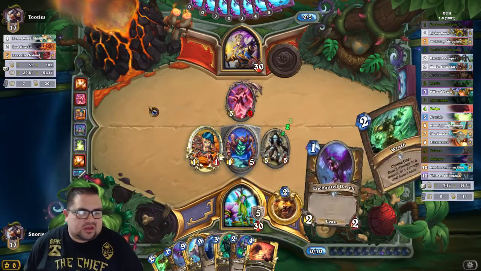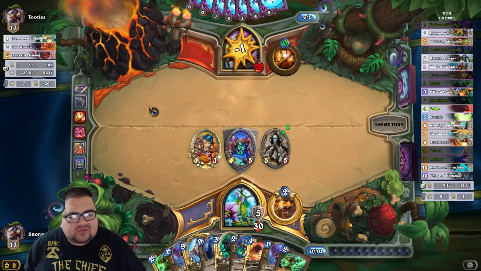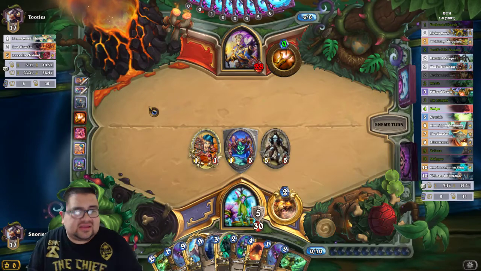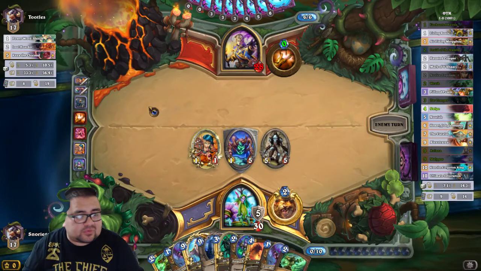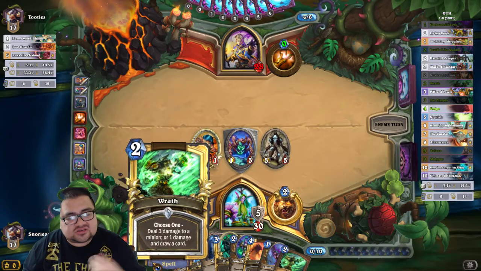And there we go. We got one more combo piece. And in this situation, I'm not really afraid of what kind of creatures he puts on the board. I'm just afraid of him finding Anduin and bursting me down. So I need to dig deeper. So the Wraths I'm going to use aggressively. I'm going to use it to draw a card,